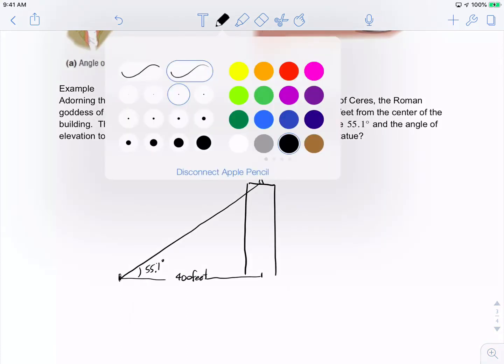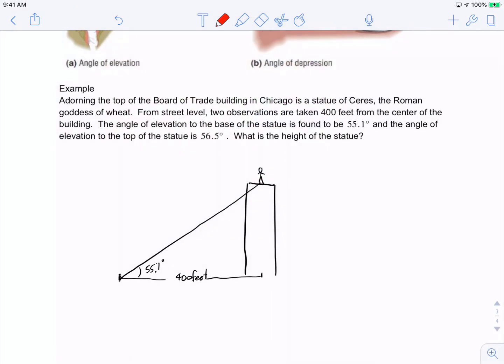And then in a different color, let's say I do it in red, to the top, to that same point, I should draw that a little bit better. That angle there is going to be 56.5 degrees. Okay, now, and the problem wants to know how tall the statue is on the top of this building. So really what we end up having here is